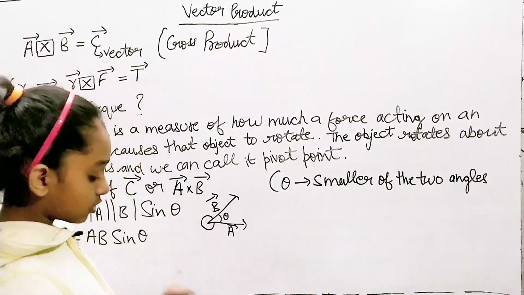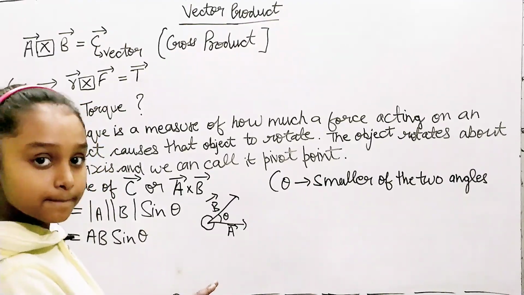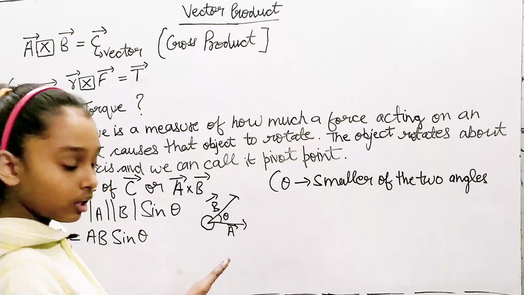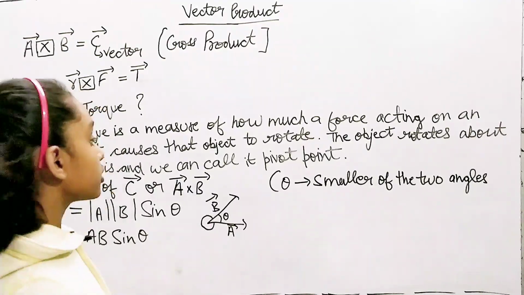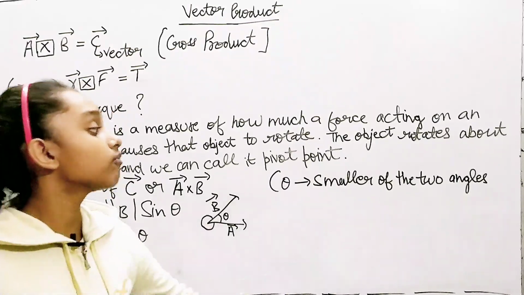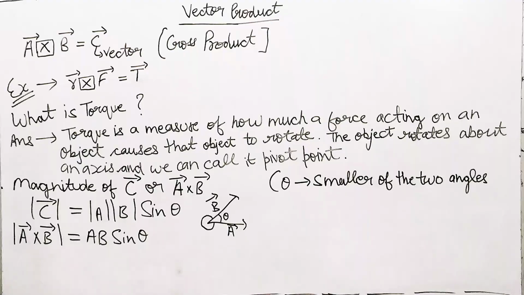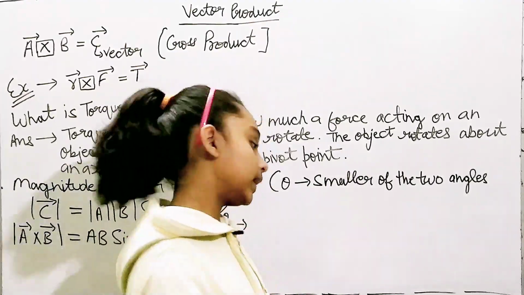See, actually it is like this: this is our vector A, this is our vector B, so this is our theta. So theta will be the smaller of the two angles between